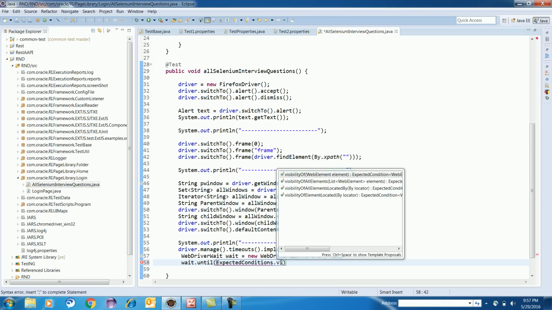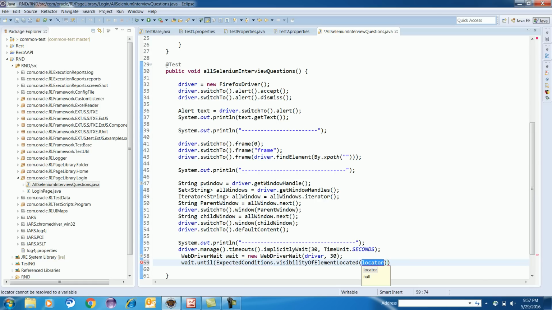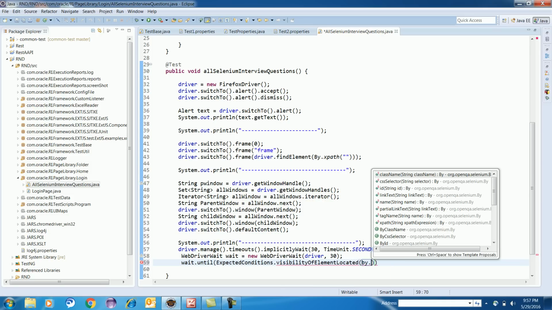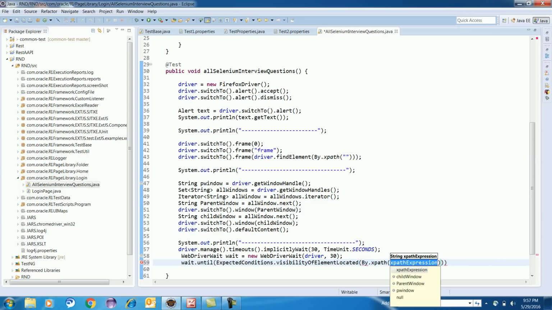See, you basically have four methods available: visibility of all elements, visibility of element located by, and visibility of element located. So I will use visibilityOfElementLocated, and here I will supply my locator, by dot XPath, and here I will supply my XPath.